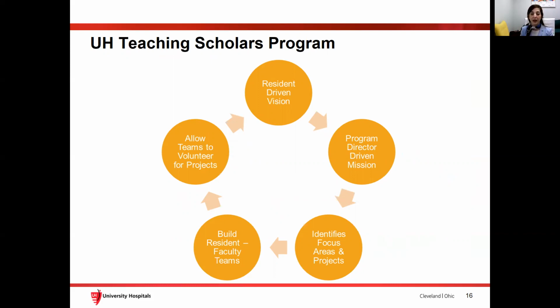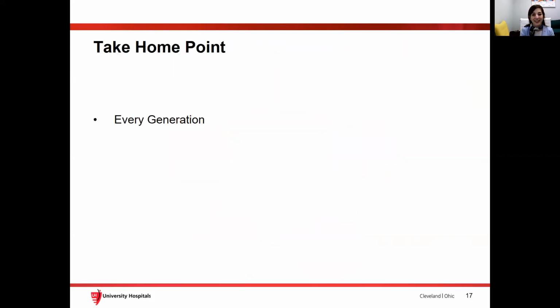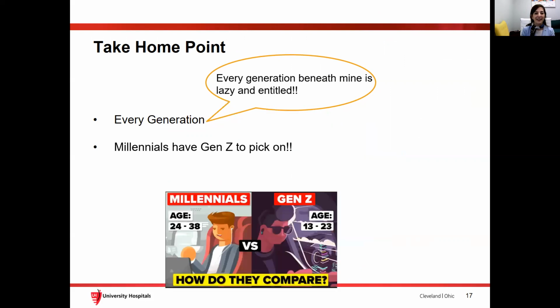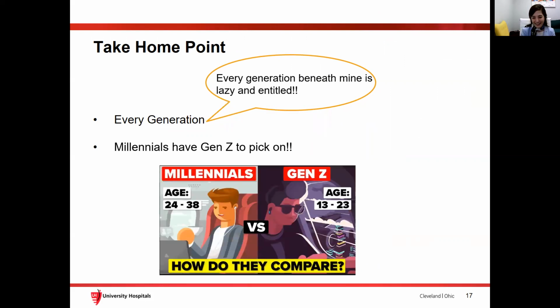And as program leadership walked with these teams in their successes and coached them along, this is specifically the point where I became very acutely aware of the importance of understanding generational differences and knowing how to navigate them. And so this is where I really became very highly interested in this subject and started to gain a lot of experience on that front. And the biggest lesson I learned was that there is one common quote shared with all generations. And the only saving grace is that millennials will soon have Gen Z to pick on.